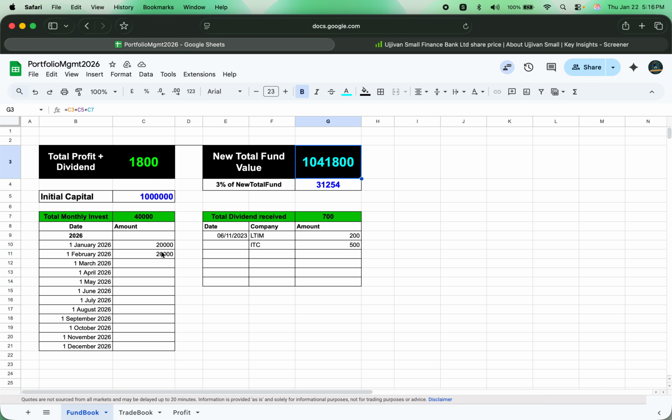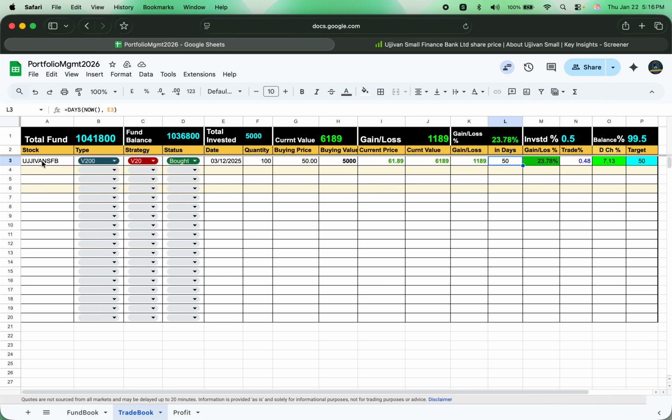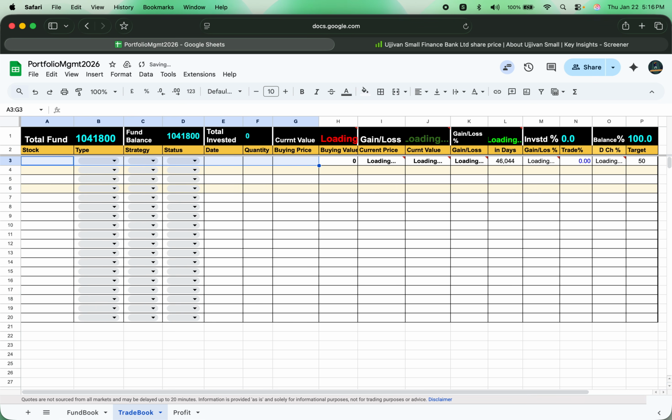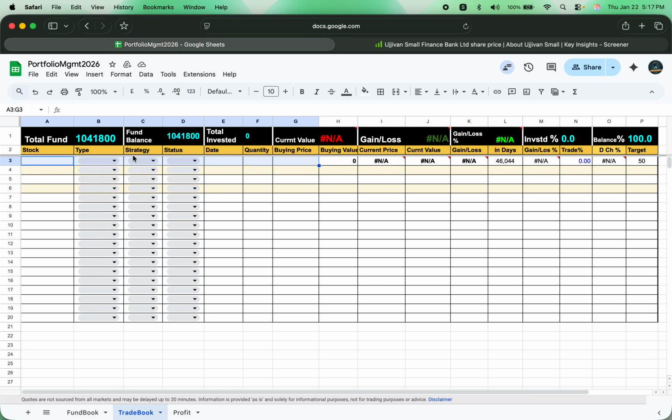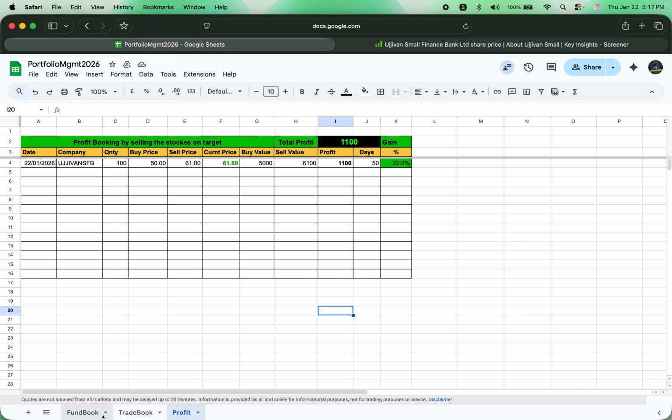But remember one thing, don't forget to delete from the trade book once you sold it, otherwise it will be a mismatch. So the moment you sold it, you have to delete it from here, you have to enter it in the profit, and then you have to